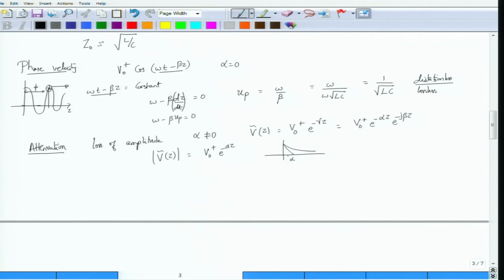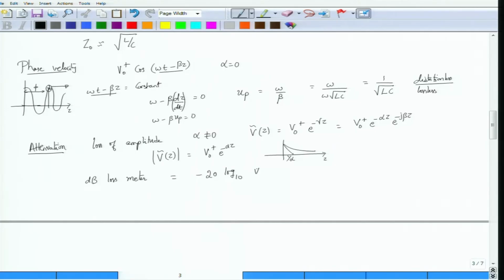The slope is 1 by alpha, and as the wave propagates along the transmission line, its amplitude starts to decay. We sometimes are interested in finding out what is the loss per unit length. Per unit length would be denoted by per meter, and the loss is typically talked about in terms of dB, or units of decibel. So what is this decibel loss per meter? Decibel loss per meter is simply minus 20 log to the base 10,